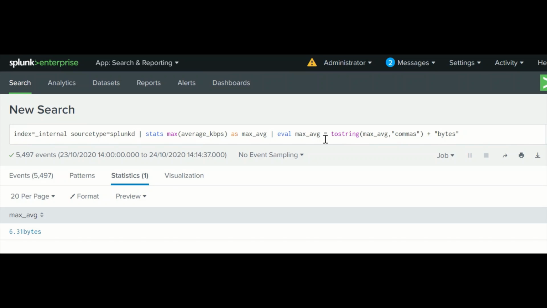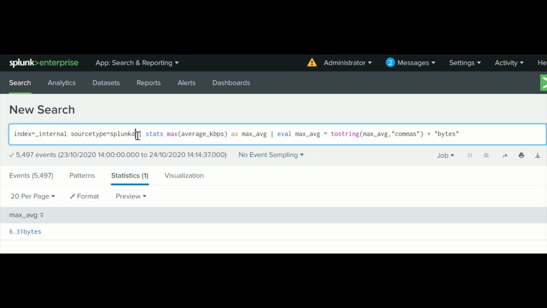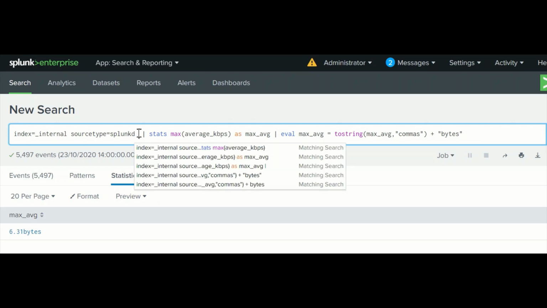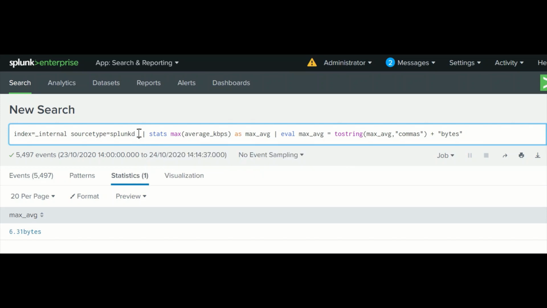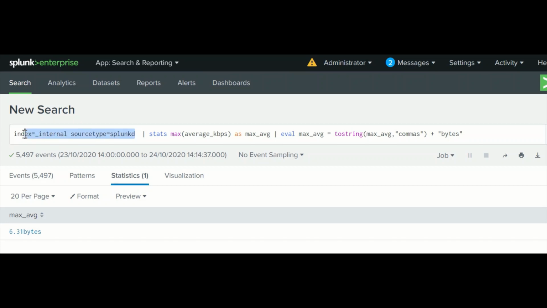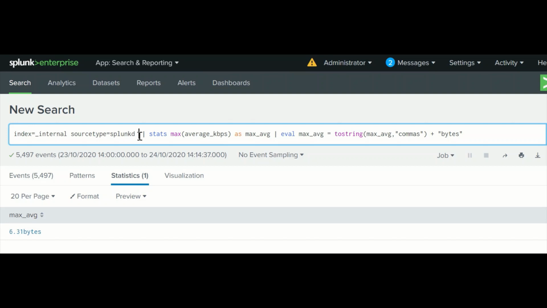Search term is actually what you are looking for, meaning an exact keyword, phrases, or booleans, or a number, or anything, whatever you know about your data, just type it after. It's best practice to give index and source type, or as many fields and values as you can give.